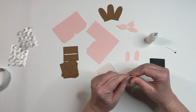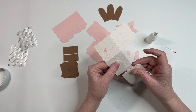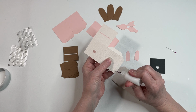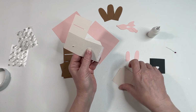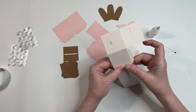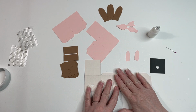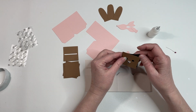Just keep the project grouped together and size it to the size you would like. Okay, so that is why it is in separate pieces, even though it would work as one piece. It's just so you can make this bigger if you want. So I'm just going to start by putting these two pieces together, and then I'm going to assemble